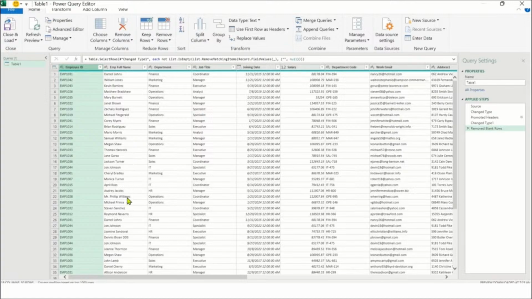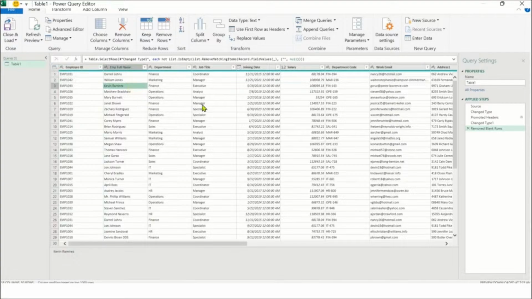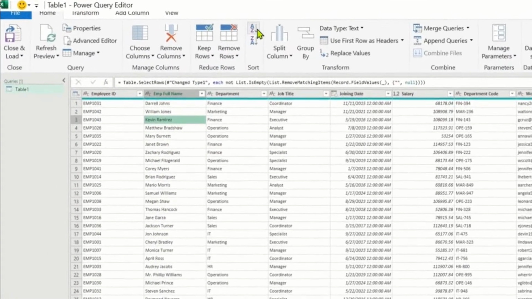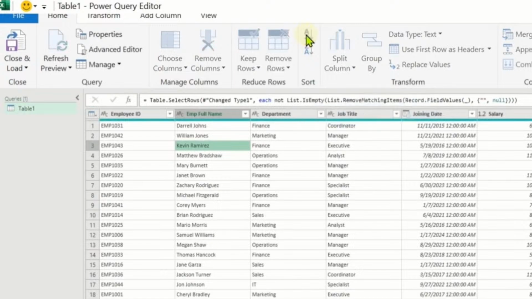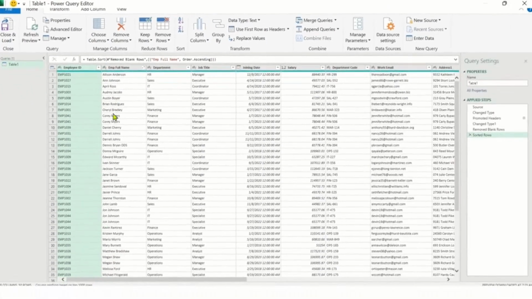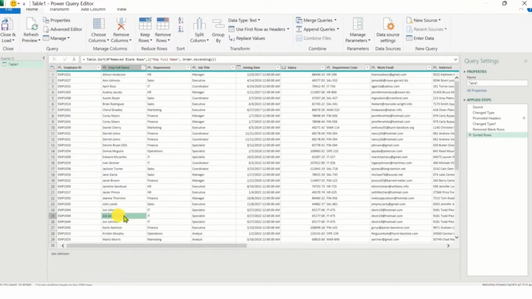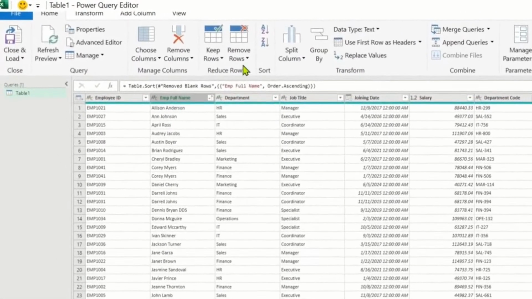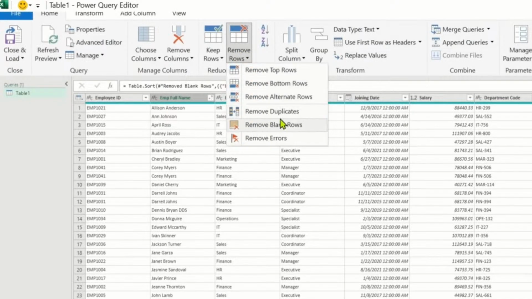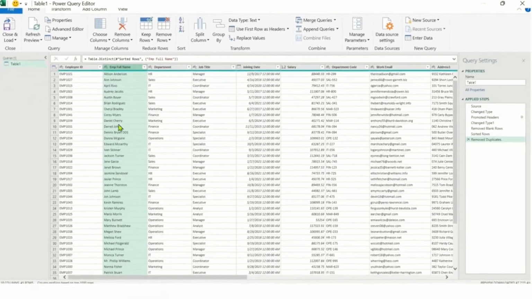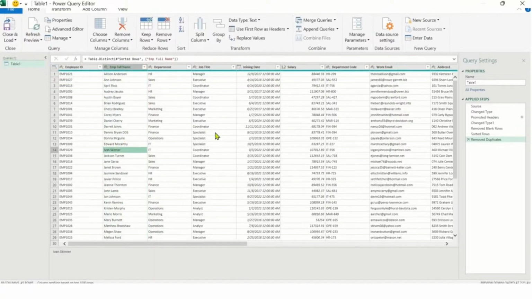अब ब्लैंक रोज रिमूव हो गई है। अब इसके बाद यदि आप ध्यान से देखेंगे तो हमारे इस डेटा में बहुत सारे डुप्लीकेट रिकॉर्ड्स हैं जो कि हमें नहीं चाहिए। यदि आप देखना चाहे तो इस डेटा को हम सॉर्ट कर लेते हैं। इसके लिए कॉलम पे क्लिक करें और असेंडिंग या डिसेंडिंग सॉर्ट बटन पे क्लिक करके डेटा को सॉर्ट कर लें। अब आप देख सकते हैं कि हमारे पास काफी डुप्लीकेट डेटा है। जिस तरह हमने ब्लैंक रोज रिमूव किया है, उसी तरह डुप्लीकेट रिकॉर्ड्स रिमूव करने के लिए हम रिमूव रोज पे क्लिक करेंगे और रिमूव डुप्लीकेट सिलेक्ट करेंगे और क्लिक करते ही डुप्लीकेट रिकॉर्ड्स रिमूव हो गए हैं और ये एक्शन भी क्वेरी सेटिंग्स में रिकॉर्ड हो गया है। जैसे जैसे आप कोई भी एक्शन परफॉर्म करते हैं, एक्सेल उसको क्वेरी सेटिंग्स में ऐड करता जाता है।